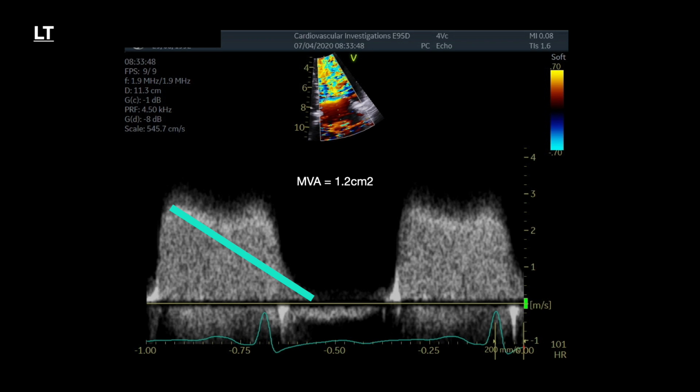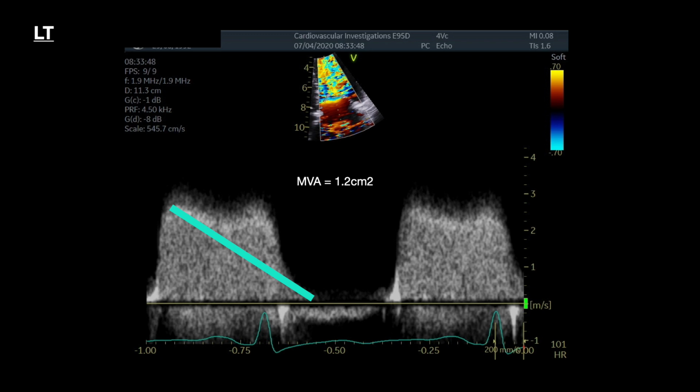They commented in the report that according to pressure half-time, the MVA would be 1.2 centimeters squared, but I couldn't actually find the images. Anyway, this is how you would do it, and I'll show you another example in the following slides. So for this patient, we have mitral valve planimetry of 0.8 to 0.9 centimeters squared,